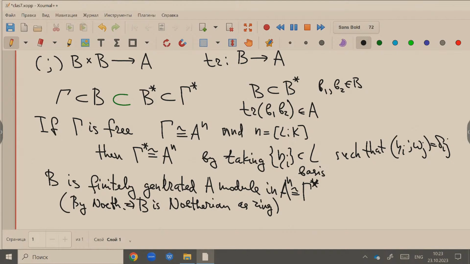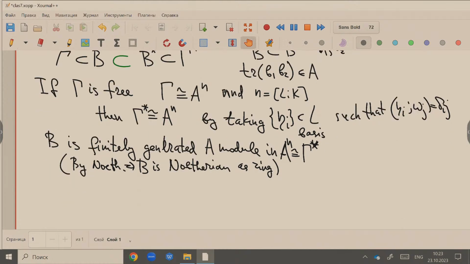There is a counterexample by Nagata. So there is a famous remark that if A is Noetherian, just without the assumption that we have, with A in its fraction field,